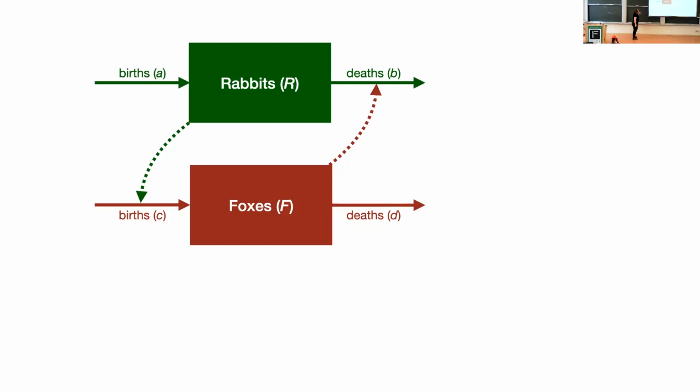And then the foxes, obviously, as they eat the bunnies, they're going to reproduce from the energy that they gain. They're going to live longer lives, and they're probably going to produce more offspring. So we're going to assume that all of the births for the foxes come, down the line, from interactions with rabbits. The more they eat the rabbits, the more they're going to reproduce, and vice versa. If they don't eat that much, they might not reproduce as much. And then for their deaths, we're going to give them a nice, peaceful, long life and let them die of natural causes.